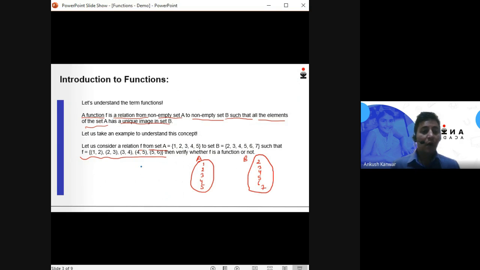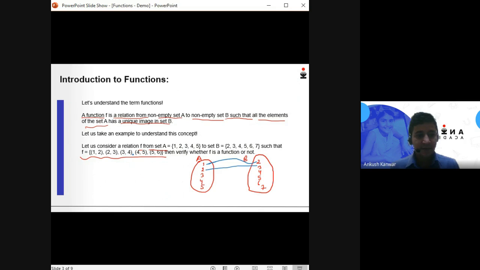Now, according to my relation f, as you can look, the first element in this relation f is (1, 2), which means that element 1 of set A is linked to element 2 of set B. Similarly, the next element is (2, 3), so 2 is linked to 3.